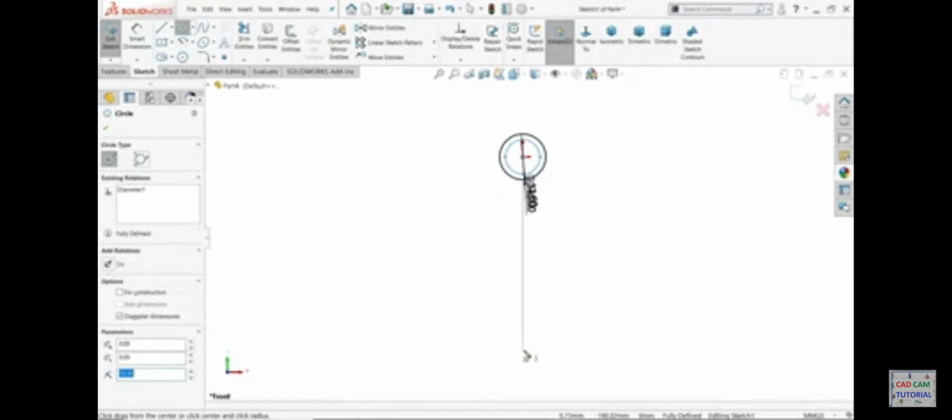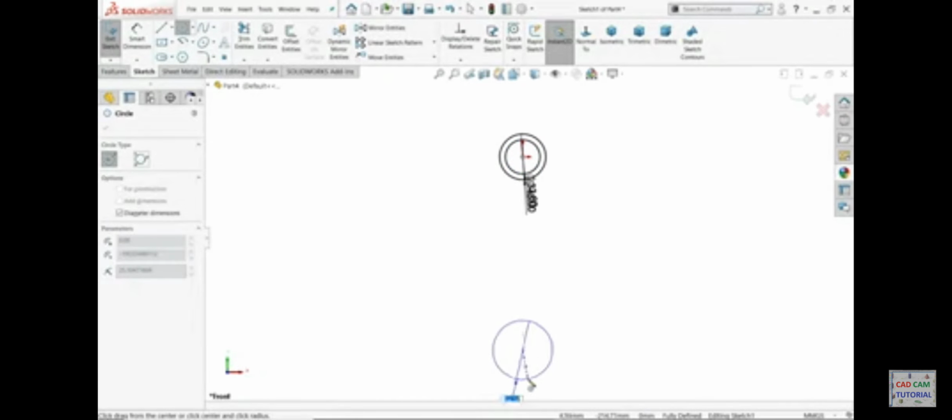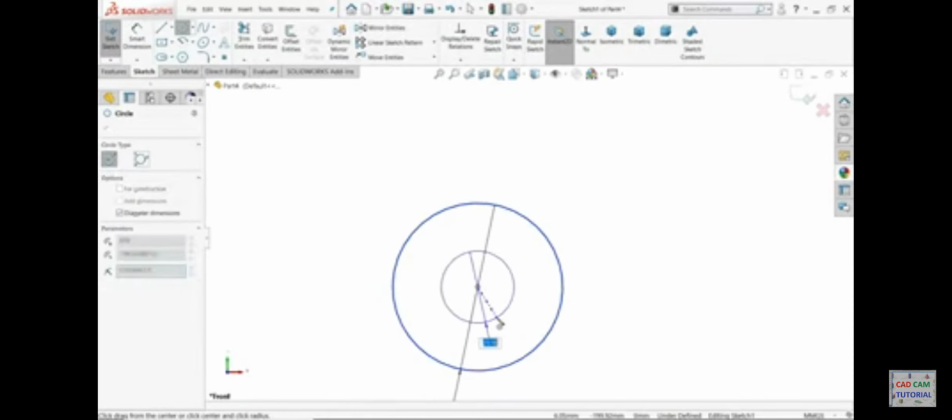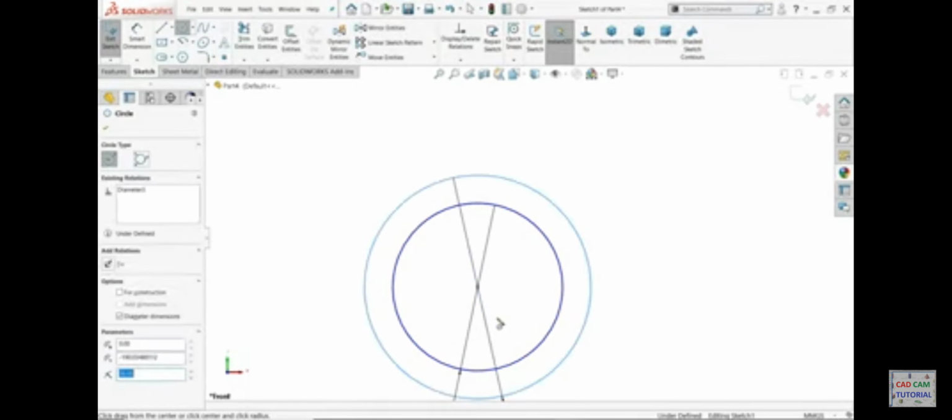33.8. Now here the bottom one, 27 radius into 2. Now the another one is 36 into 2. This is,